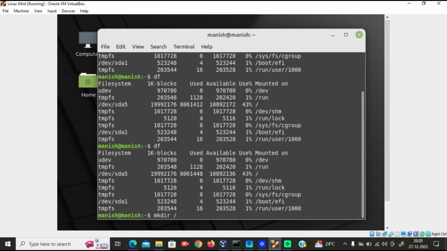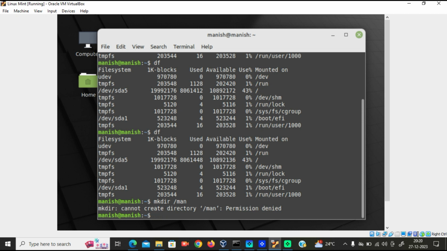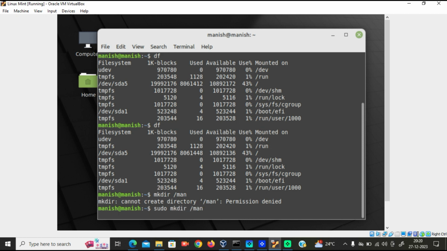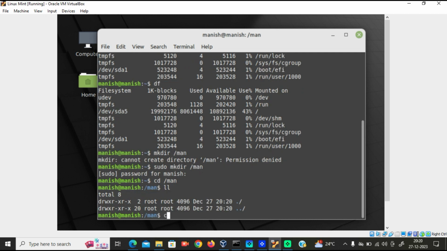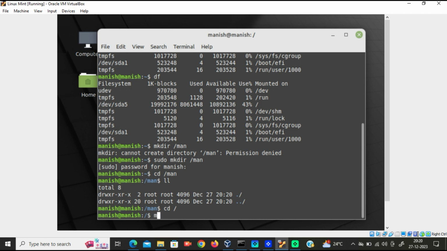In this video, we'll learn how to mount and unmount the USB drive, how to format a USB drive, how to change the partitions and restructure the USB drive so that we can use it properly. And in this video, we are trying to create a directory. Right now, as you can see on the screen, we are creating a directory in the root, that is /man, and